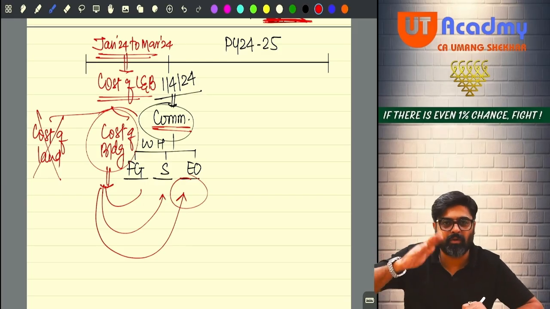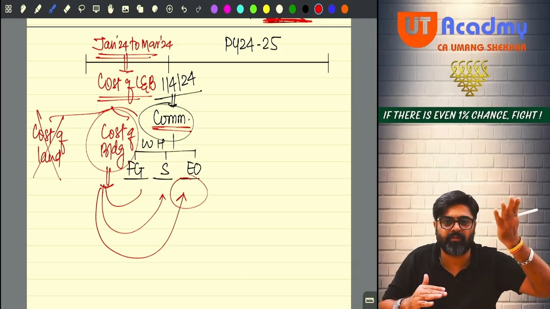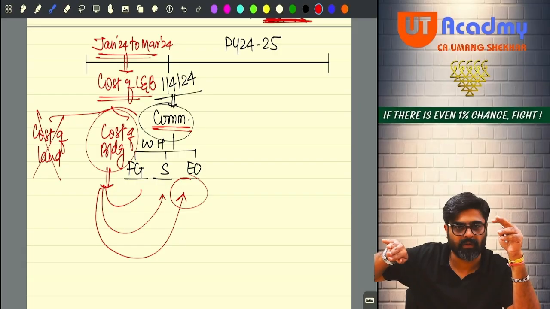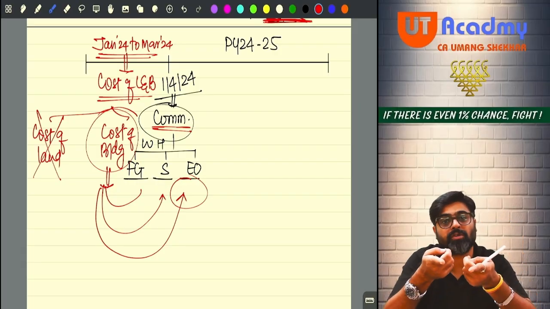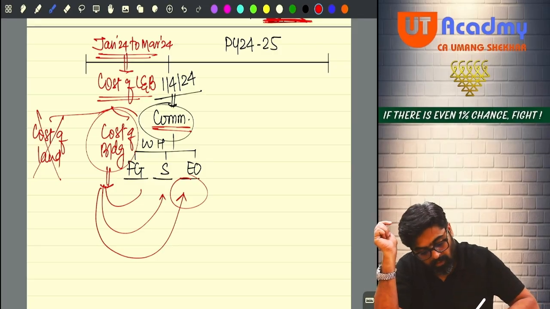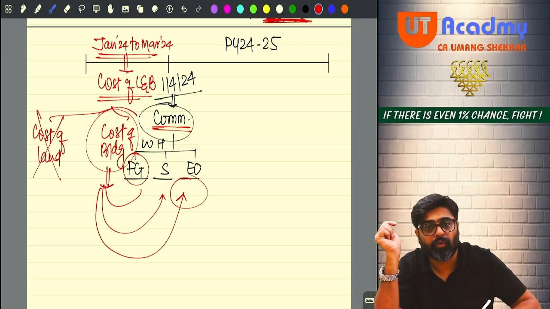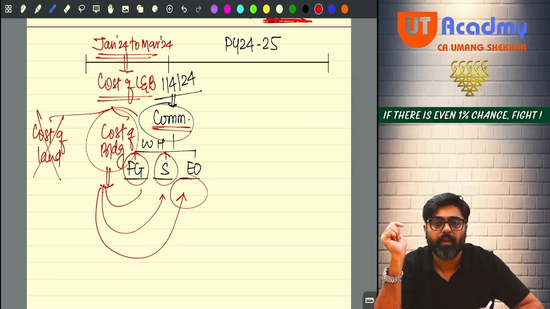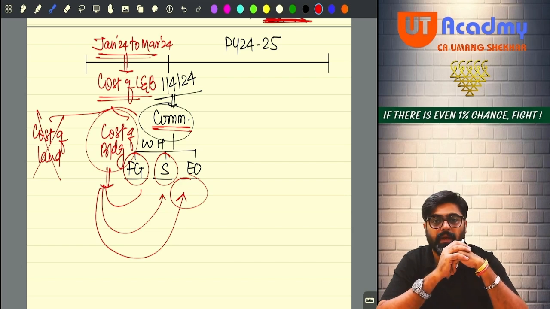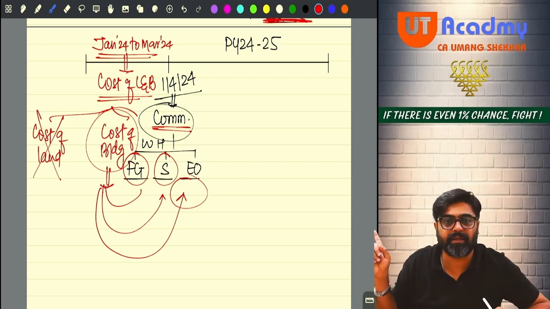Land cannot be claimed. The cost of land cannot be claimed in the form of depreciation also, yes or no? So the cost of land I have to ignore. Whatever the cost of building was there, that cost of building I can claim from the food grain business and this sugar warehousing business under section 35AD. And that is a pre-commencement expenditure.